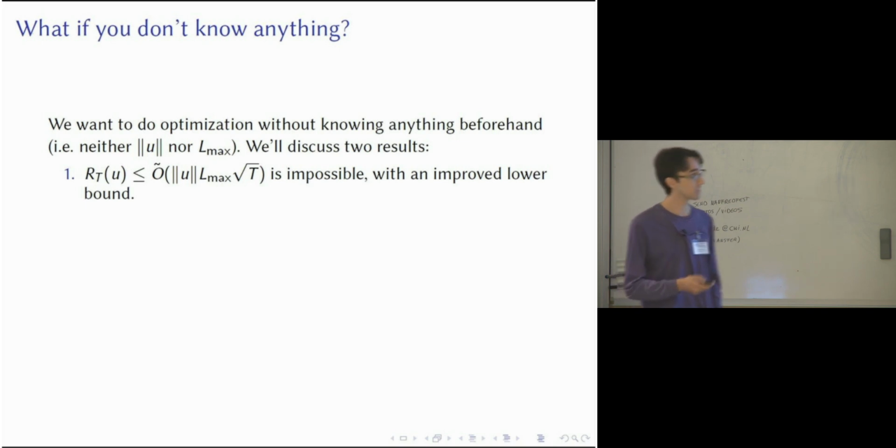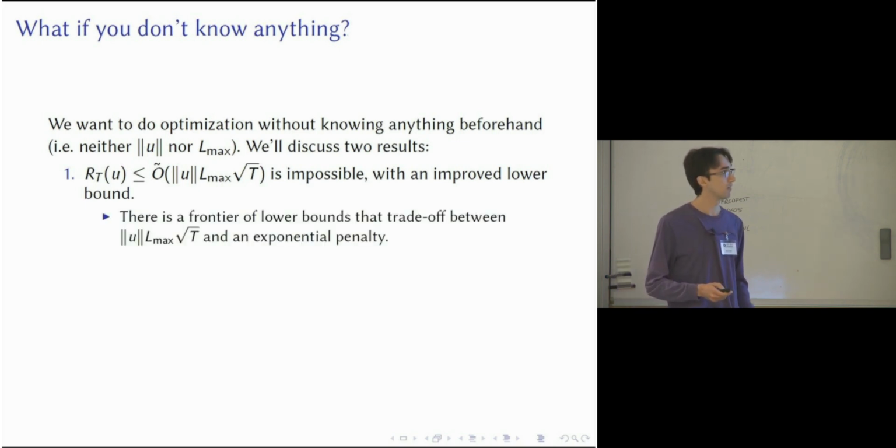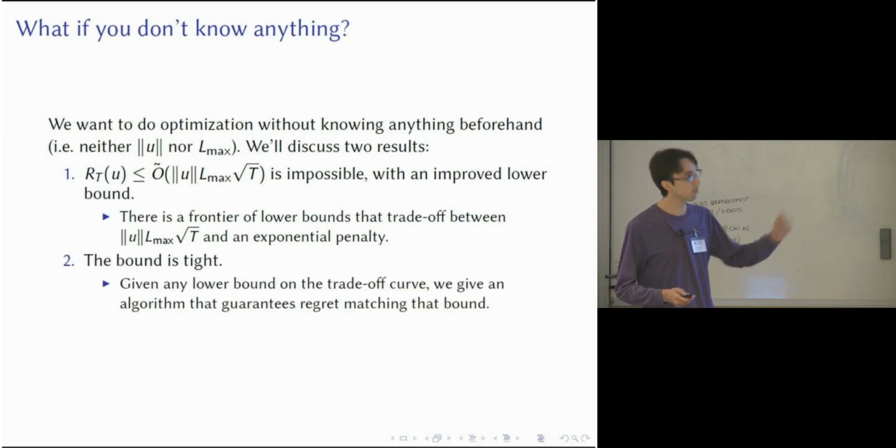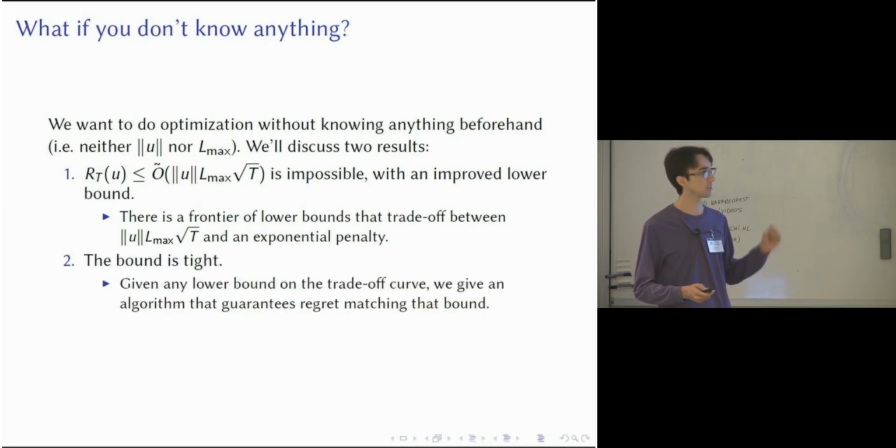In this paper, we're going to significantly improve this lower bound by showing there's actually a frontier of lower bounds that trade off between this ideal regret term and some exponential penalty. And then further, we're going to show that, in some sense, this entire frontier is tight. By designing for any point on this lower bound frontier, I will design an algorithm that can guarantee regret matching